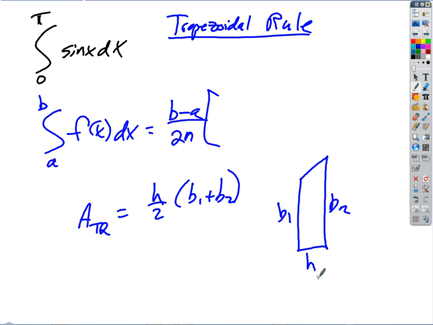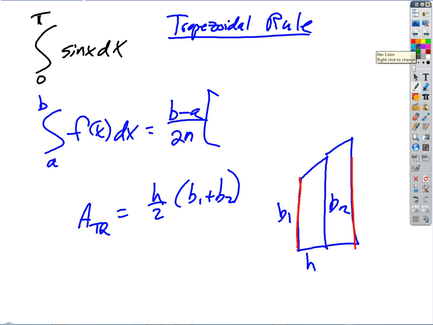But the point is, when we add all these things up, would you agree that for the second trapezoid, b1 is what b2 used to be? Does that make sense? And then et cetera, et cetera. Now the only heights that aren't double counted are the very first trapezoid's left side, because it only gets used once, and the right edge of the very last trapezoid, which only gets used once. But every other side of a trapezoid gets used once as a right edge and once as a left edge. And the only reason I tell you that is so that, as I give you this formula, it kind of makes sense. The first term is just going to be